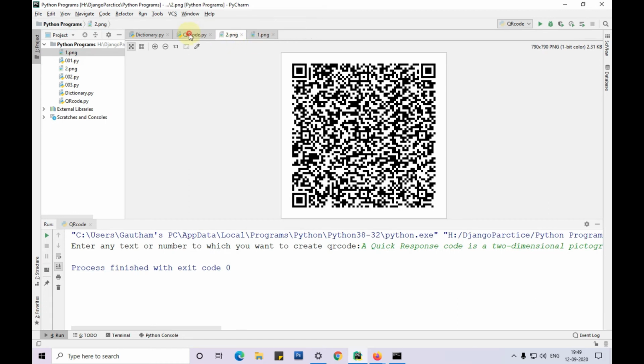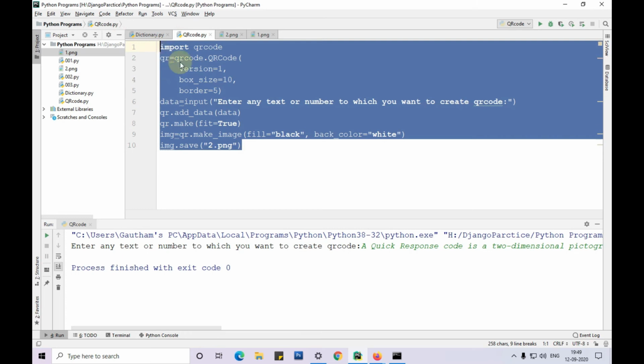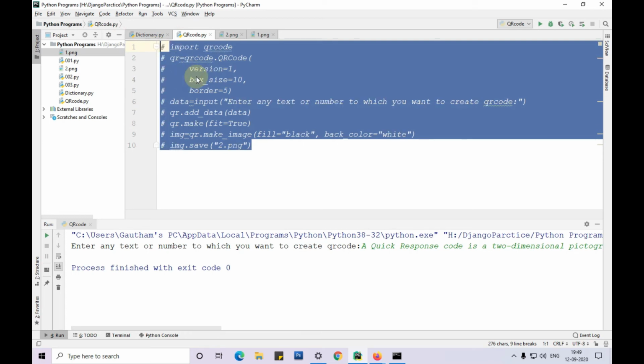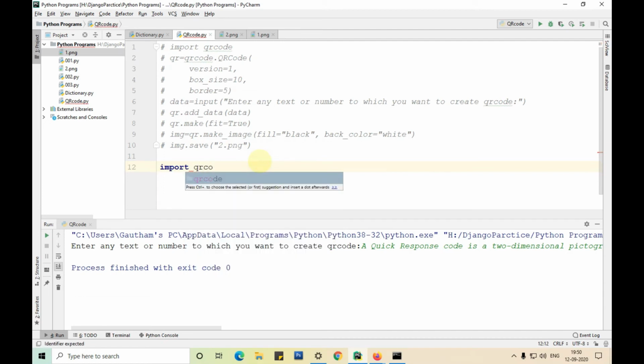This is the complete code that you need to write if you want a proper QR code, but there is also a smaller version where you can finish the QR code in just 2 lines. I'll show you even that now. Basically I just need to import qrcode.